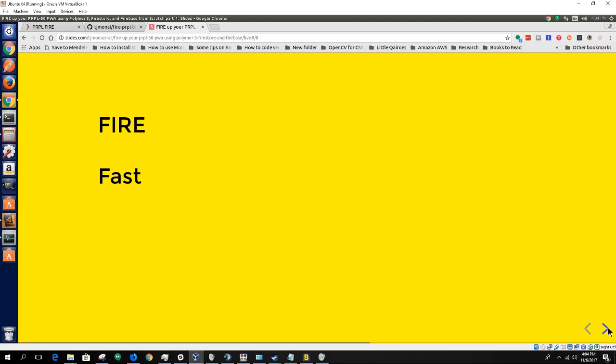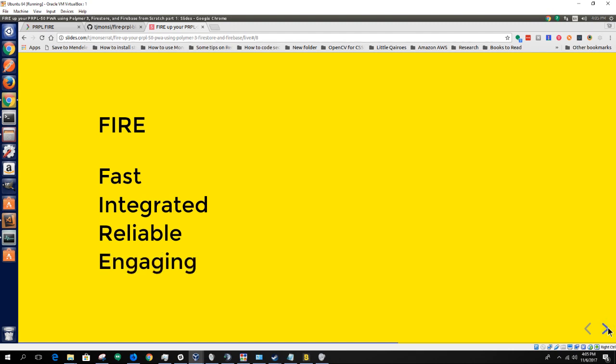Again, coming from the Chrome Dev Summit a few days ago, it means the web app should be fast, integrated, reliable, and engaging. So we're going to create a web app that is really fast, and it should be integrated in such a way that it looks